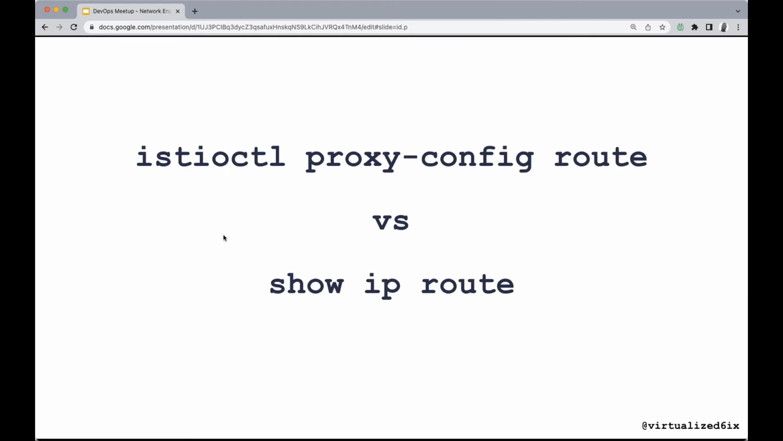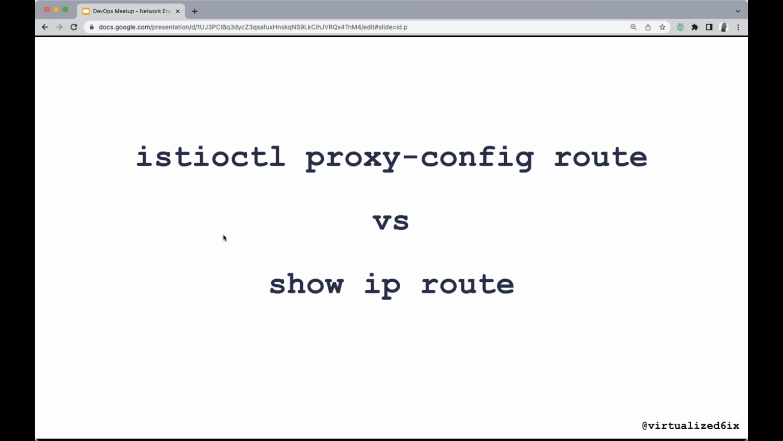Why this is familiar to a network engineer is primarily because when you think about what you're looking for when you're troubleshooting a network, you're trying to troubleshoot how to get to that destination. So you will use tools like traceroute to figure out whether or not you can get there. You'll use tools like ping, and then you'll go a little bit more advanced to find out if you're even learning about those routes. Now, that top command there, istioctl proxy config route, is very similar in the output that